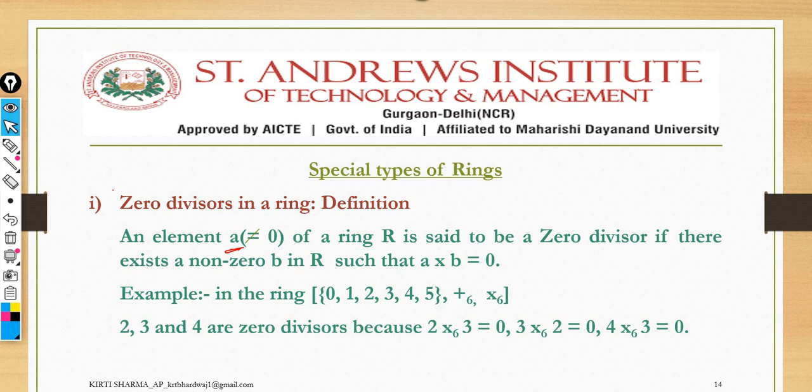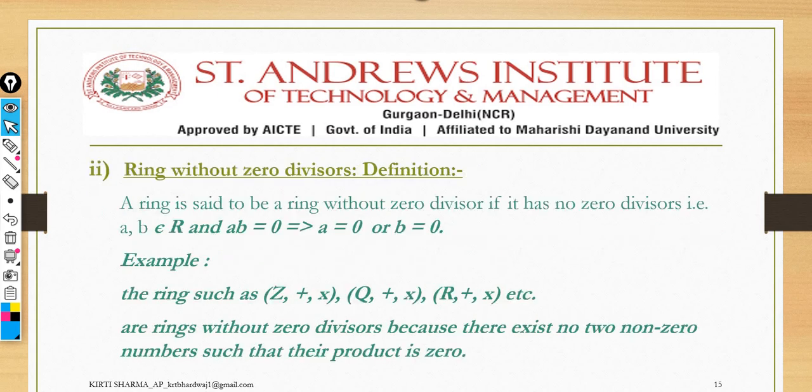How to find the zero divisors. Now it's time to know two things. First one is a ring without zero divisors, and next is a ring with zero divisors. You are clear with the zero divisors concept. Now I'm telling you about a ring without zero divisors and a ring with zero divisors. No need to get confused, just stay tuned about the topics, as I'm giving you the clarity simultaneously. So just move ahead with the same thing.